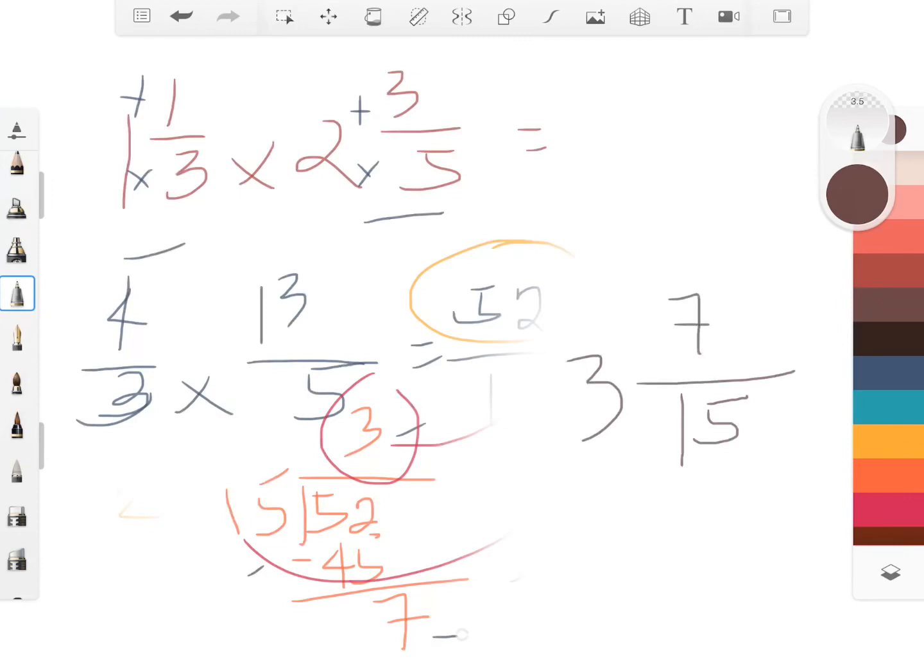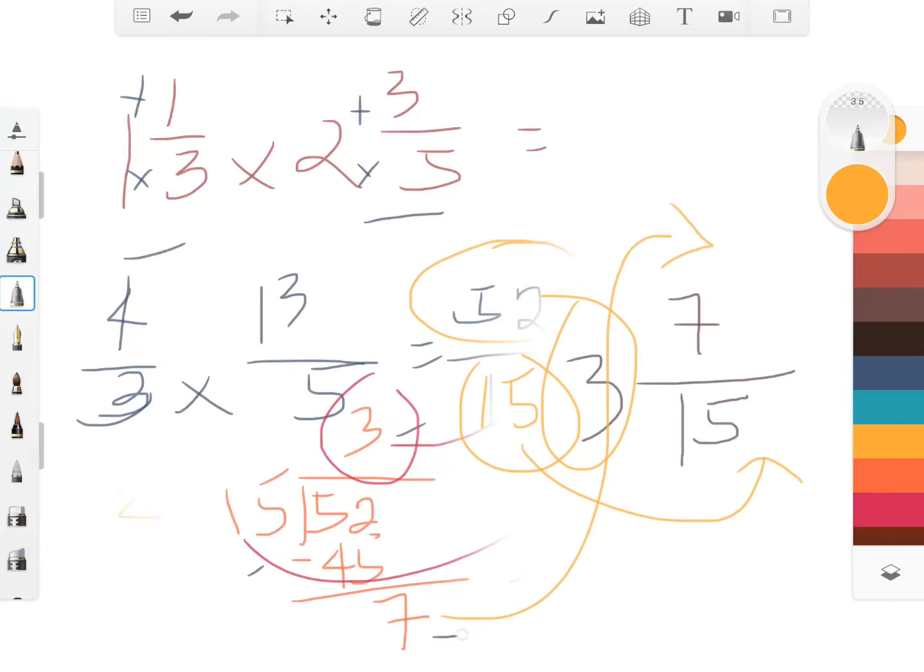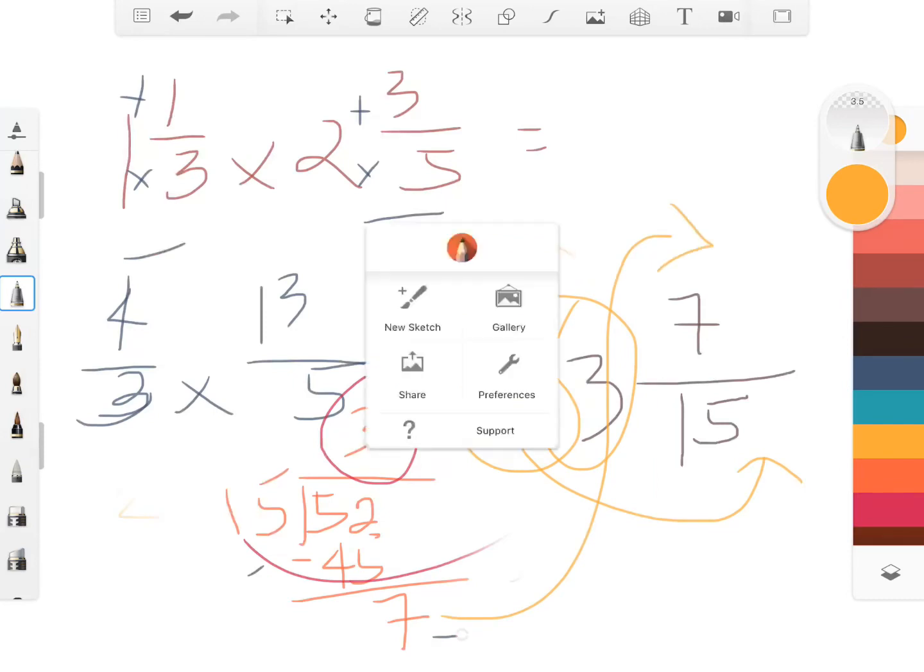See guys, I still forget sometimes how to do it. But remember this one: 15 here would still be your denominator, the quotient will be your whole number, and the remainder would be your numerator. So that's how you do it. Alright, so let's proceed with